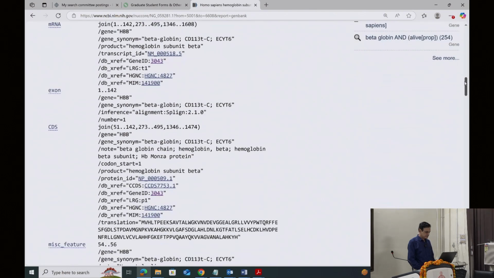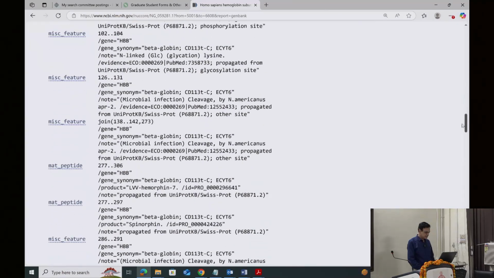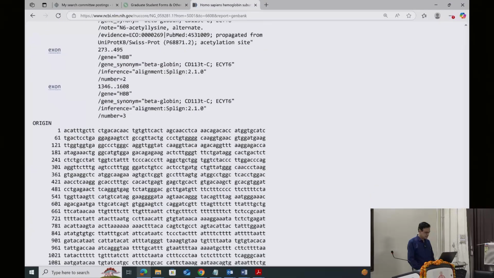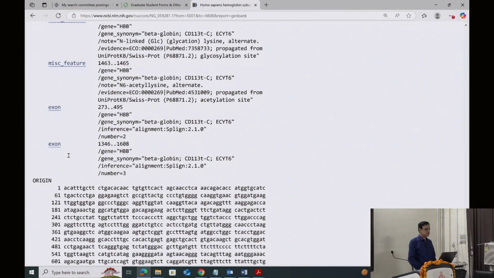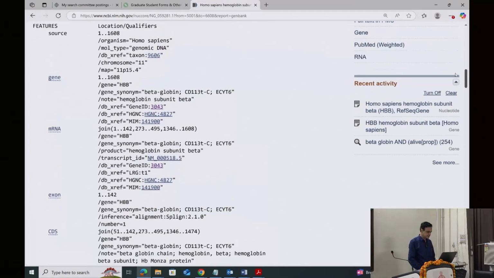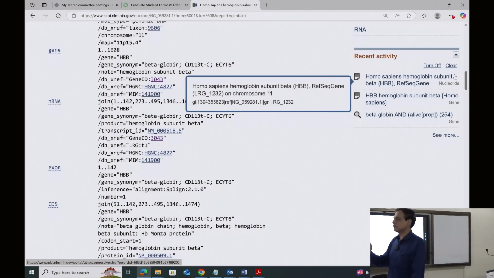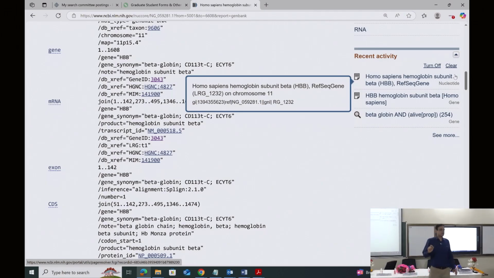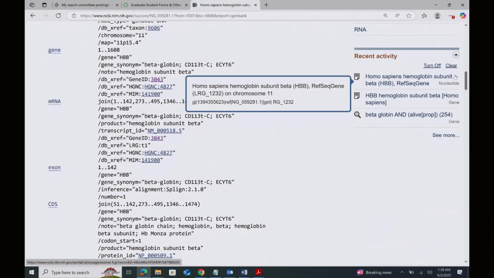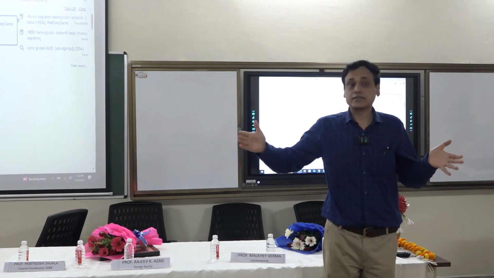So genomic data: gene, mRNA of this gene, and the exons that we just discussed. There are 3 exons, so there should be 3 here. Let's look: 1, 2, 3, you see. If you click on any of these, for example CDS, CDS is coding sequence. Coding sequence means only those nucleotides that code for the amino acids for the protein that is coded by beta